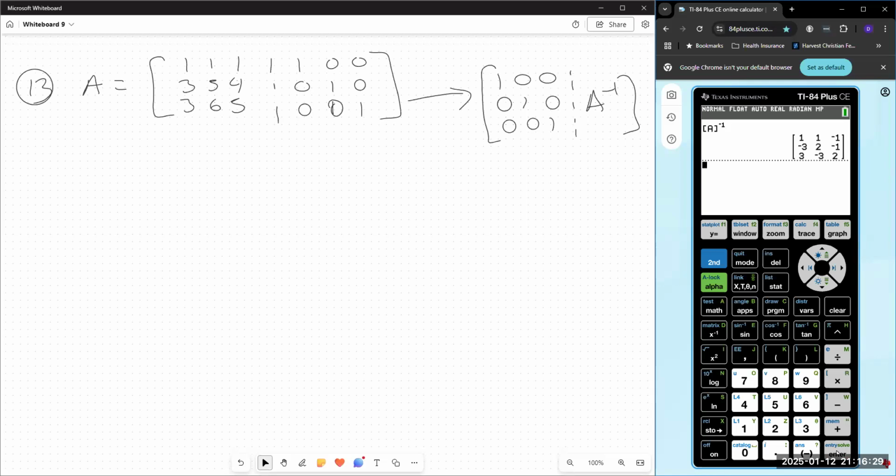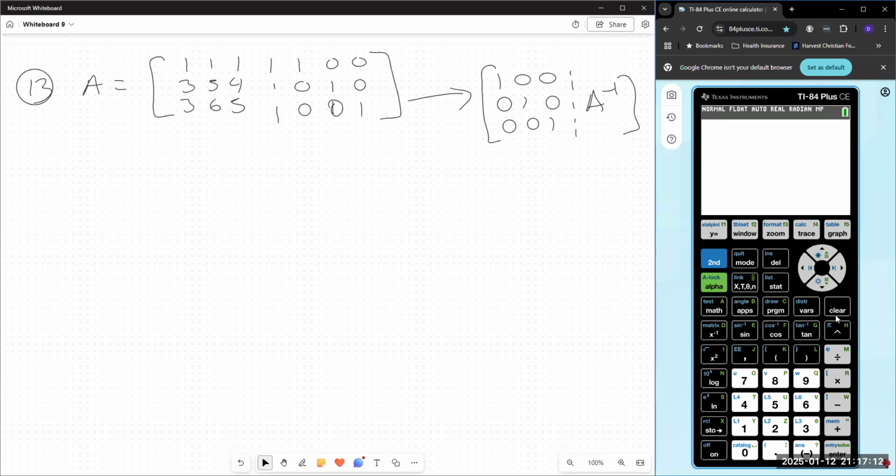So the process here is to show your teacher all of the elementary row operations that you would use to get there. I did them all with a calculator. Write them all down on your paper. Write all of your row operations out. You're not to the point yet where the teacher wants you to just use the inverse feature on your calculator. You will do that going forward. But this is learning all the elementary row operations and using them. So let's go ahead and look at